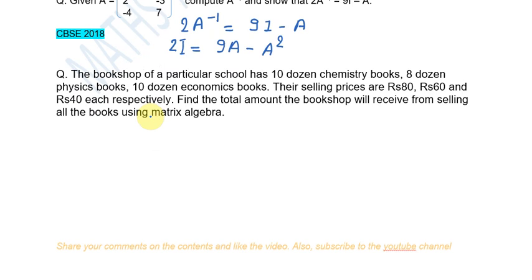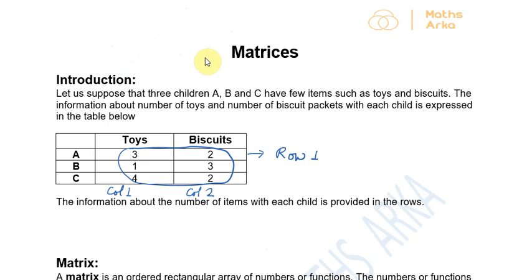Now with this we come to the end of this session. This was the concluding session on matrix, and I hope you enjoyed it. But before we end, we can quickly walk through whatever we have learned all through the matrix. For the rest of the video, you can just watch it as a revision. Whenever you want to revise your topics, you just look into this part of the video and you will be able to revise the whole of the matrix chapter. So now we quickly walk through the matrices chapter, whatever we learned in all the three sessions.